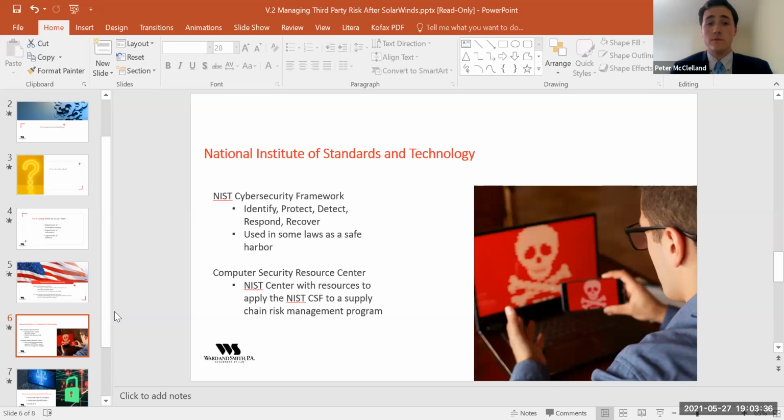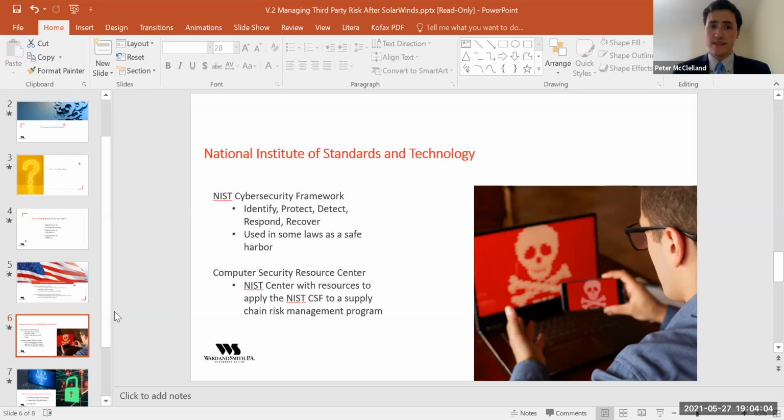One thing that we probably recommend for our clients more often than any other framework is building the NIST cybersecurity framework, and when applicable, any of the other NIST publications, but most commonly the NIST cybersecurity framework, into any kind of data processing agreement or other data protection agreement that is going to be an addendum to the master contract.